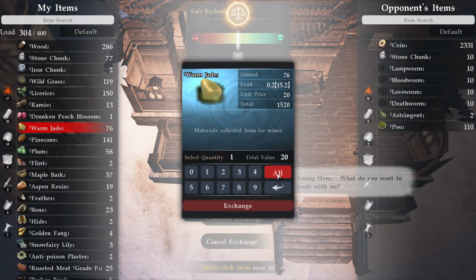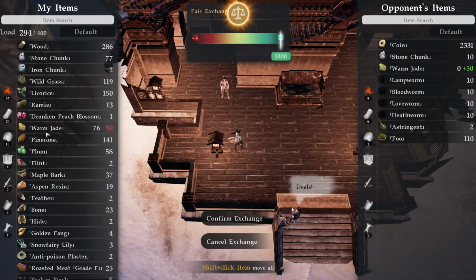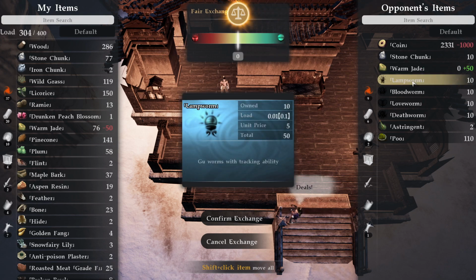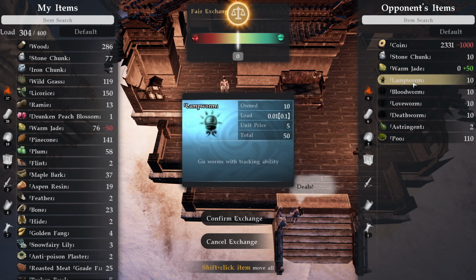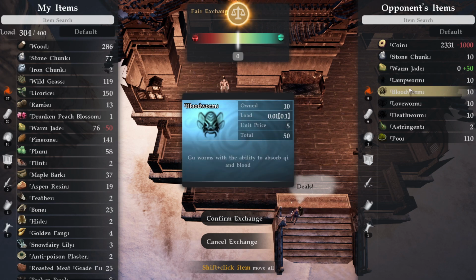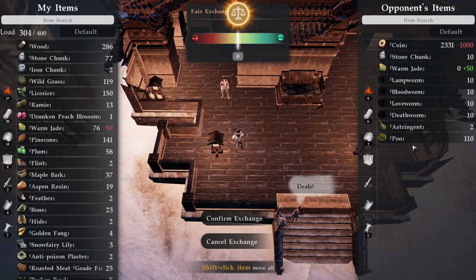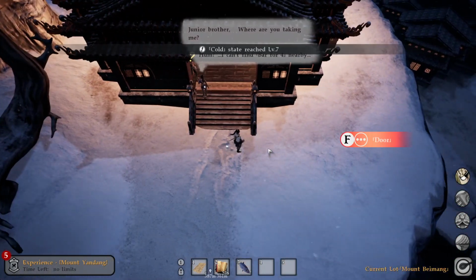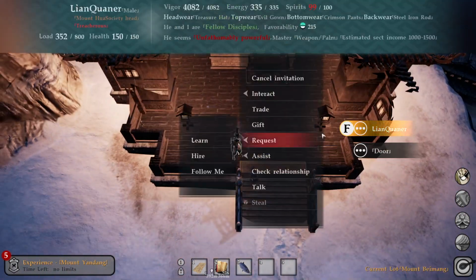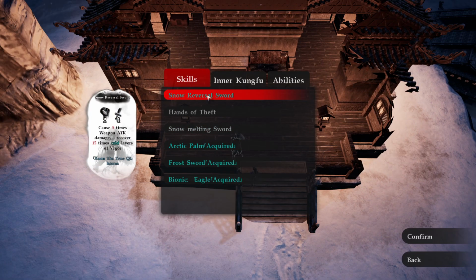So, I think we can safely tone down my stockpile of warm jade. I don't need that much of it. This guy's selling worms, so... I forgot which worms I should buy for chicken. I only remember that the chicken liked worm. Yeah, I want to take you outside, man. Oh, well. So,